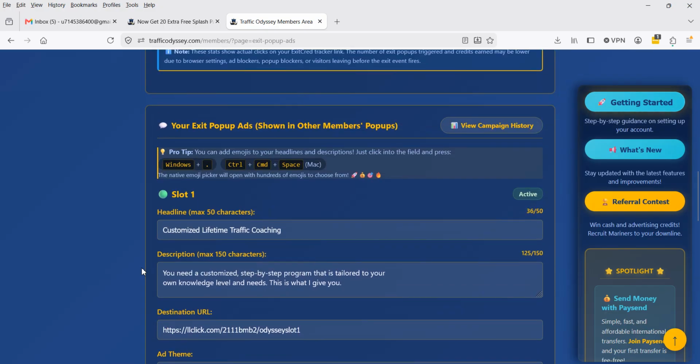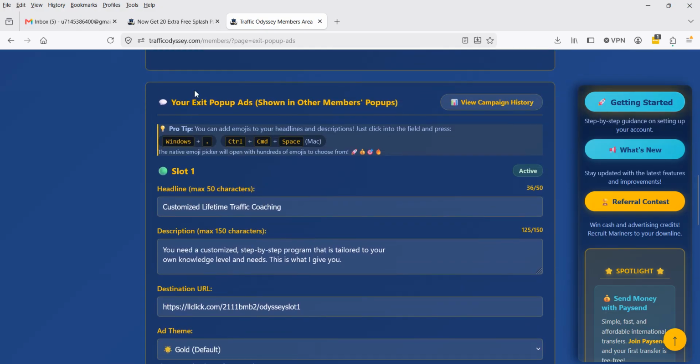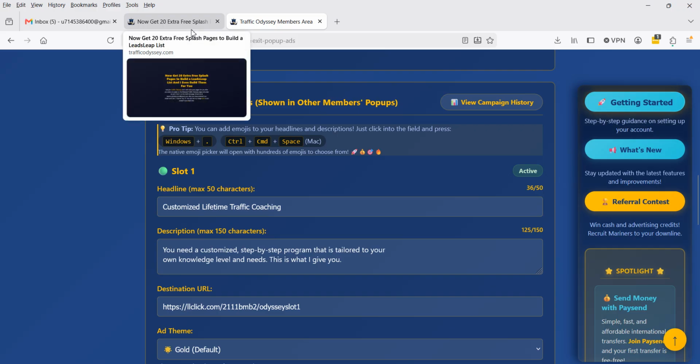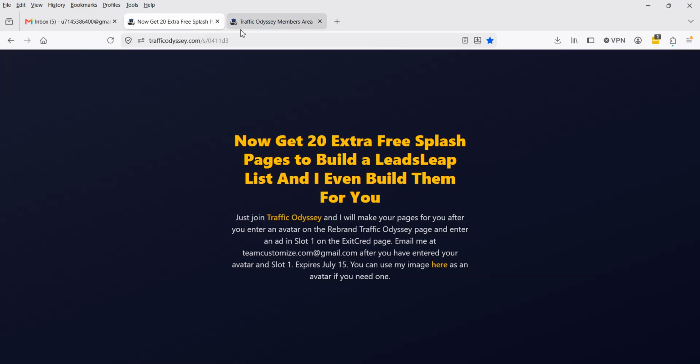Okay, now you have to do those two things because then that gives me points in the contest. I'm trying to win this contest. So you help me a little bit here, and then I will help you, and I'll create 20 free splash pages for you. If you want to build a list, which is recommended,